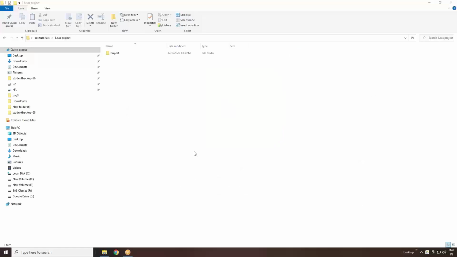Okay, the next question is how your folder structure will be once you get a job. Once you join as a SAS programmer, once you're able to access the computer and log into it, you can access a folder called the project folder. Within that project folder, the project is, let's say you are working for a company like Pfizer.